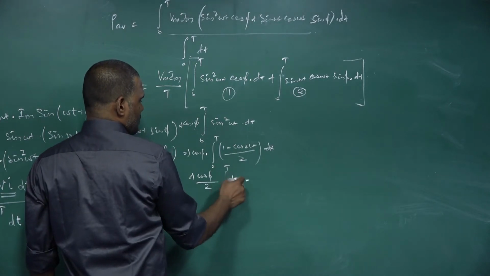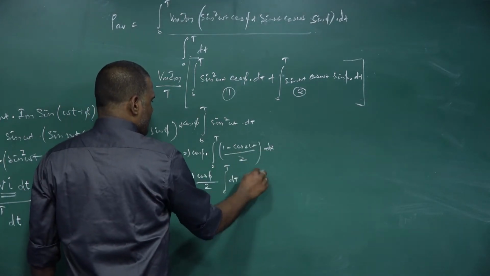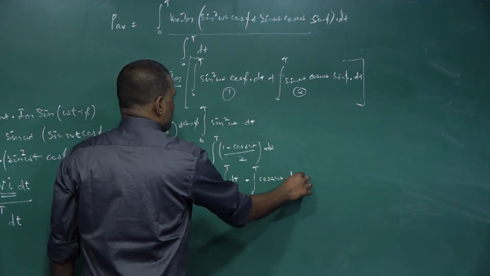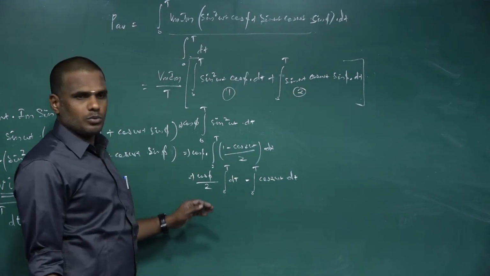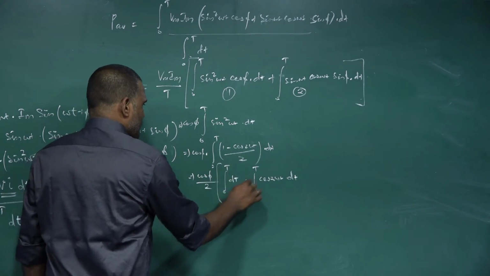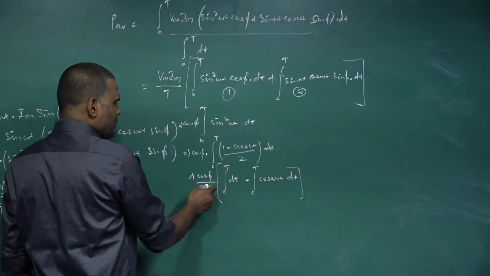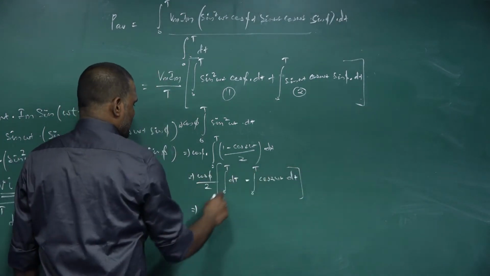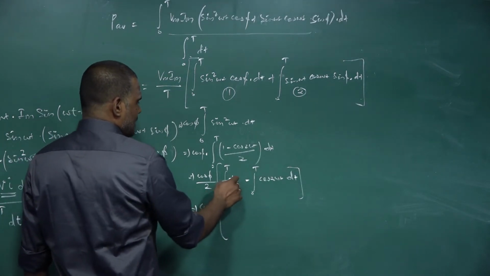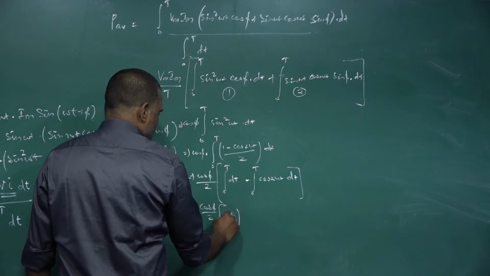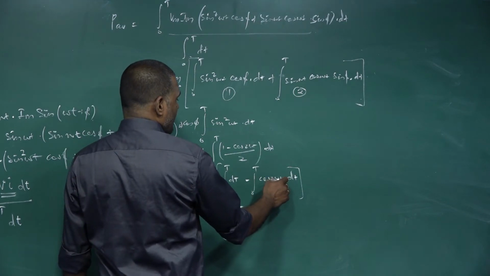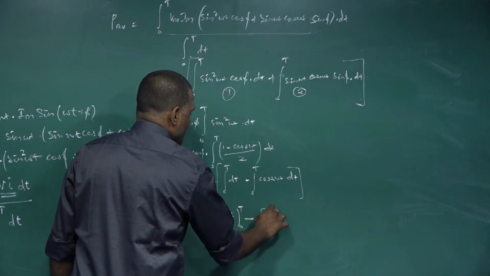So integral of 0 to T dt minus integral of 0 to T cos 2 omega t dt. For these two integrations, cos phi by 2 is constant, so once again, cos phi divided by 2 is kept as it is. Integral of dt is t, between the limits 0 to capital T, minus integral of cos 2 omega t dt, which is